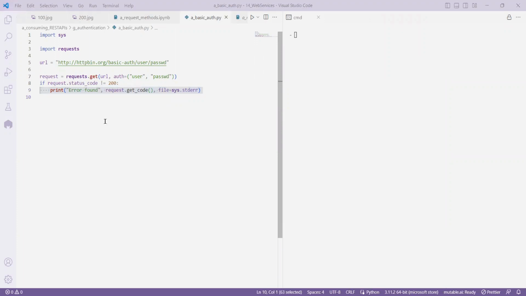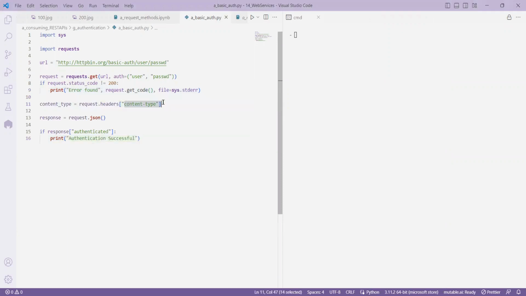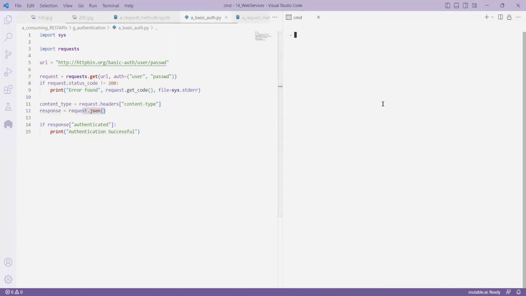Similarly, we can get the content type and other information. As the content type is JSON, we get the JSON information. It's a dummy API. It will work perfectly only if you give a username and password. Say if I go with